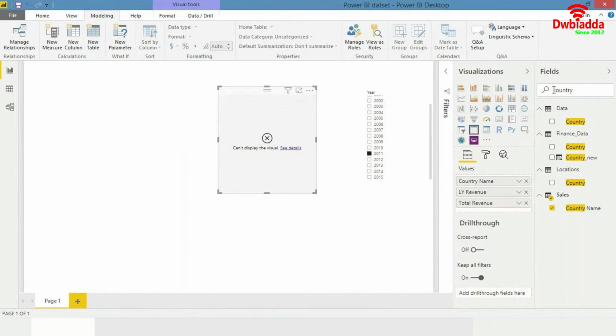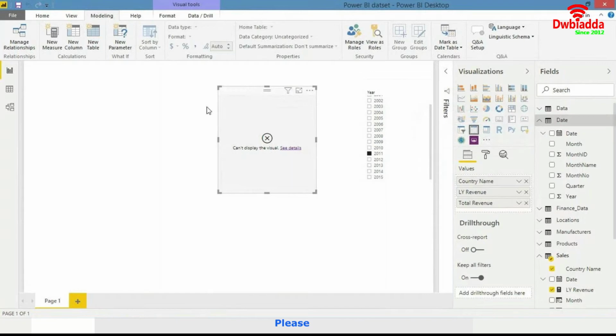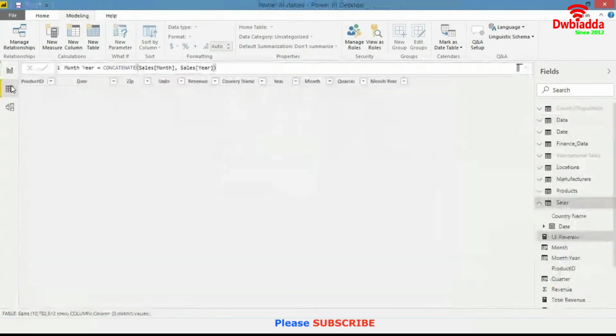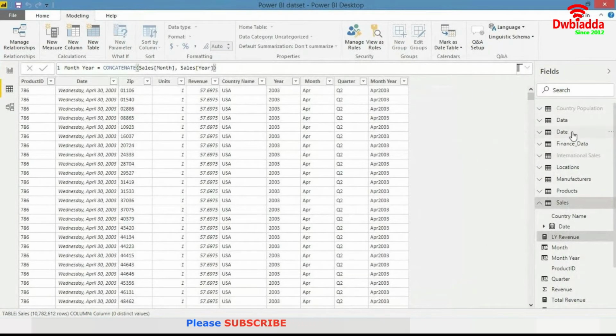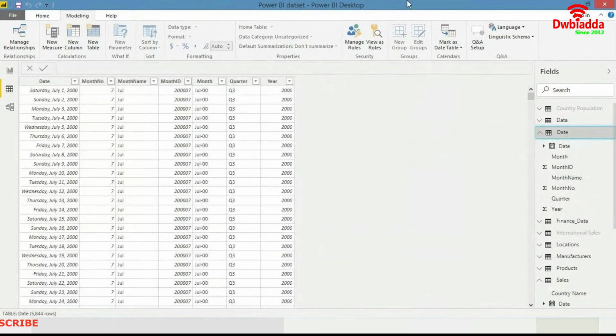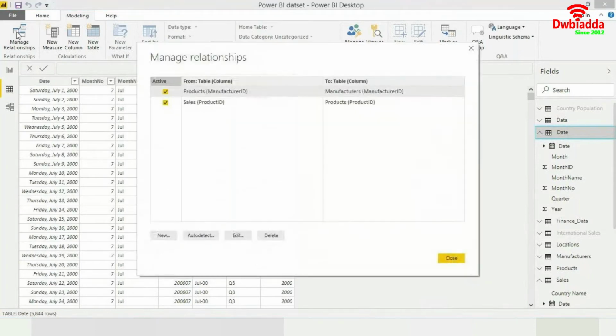So let's say we already have a date table. We do have a date table already, and we have all the stuff over here. For it to function correctly, we need to ensure that a relationship is established between the two tables, which is the sales table and the date table. So you go to the manage relationships tab over here,